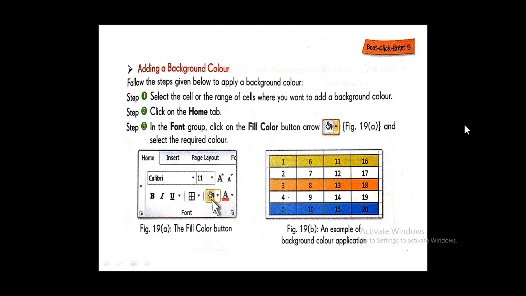Then you have to select the fifth row here, up to here only, 1 2 3 4, the fourth column only of the fifth row. Then you have to go to the fill color button here and you have to click on blue. Like this you can color as many colors as you want according to your desire. Okay,